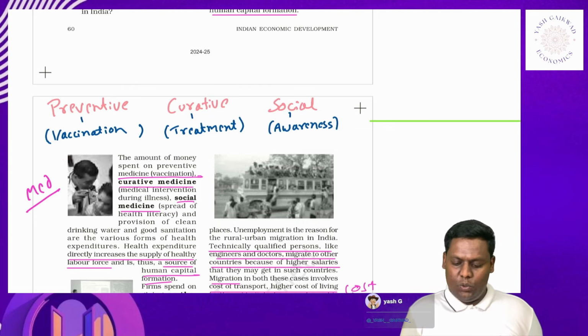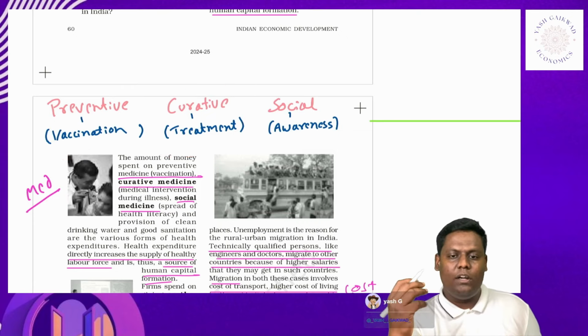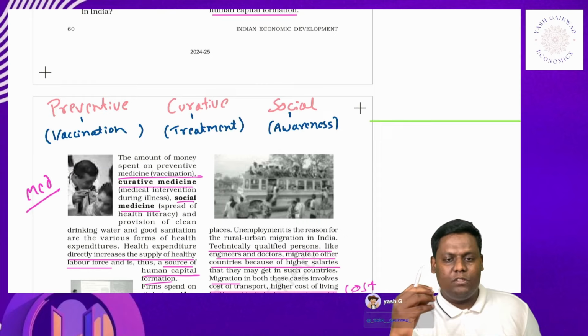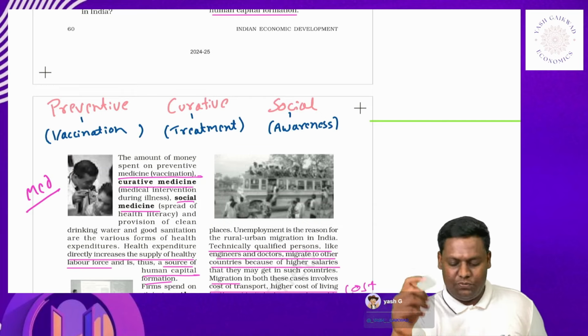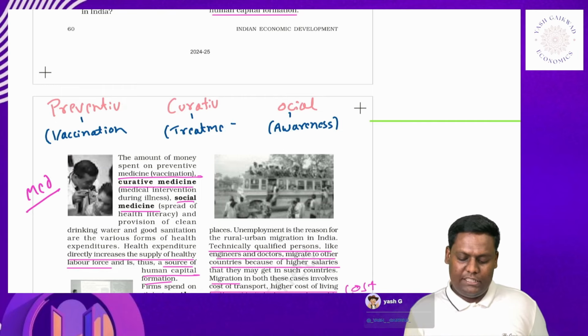The second is curative healthcare, which focuses on treatment and care. Where one suffers from an illness, the care facility and the treatment he will get through medical professionals fall under this category. And number three is